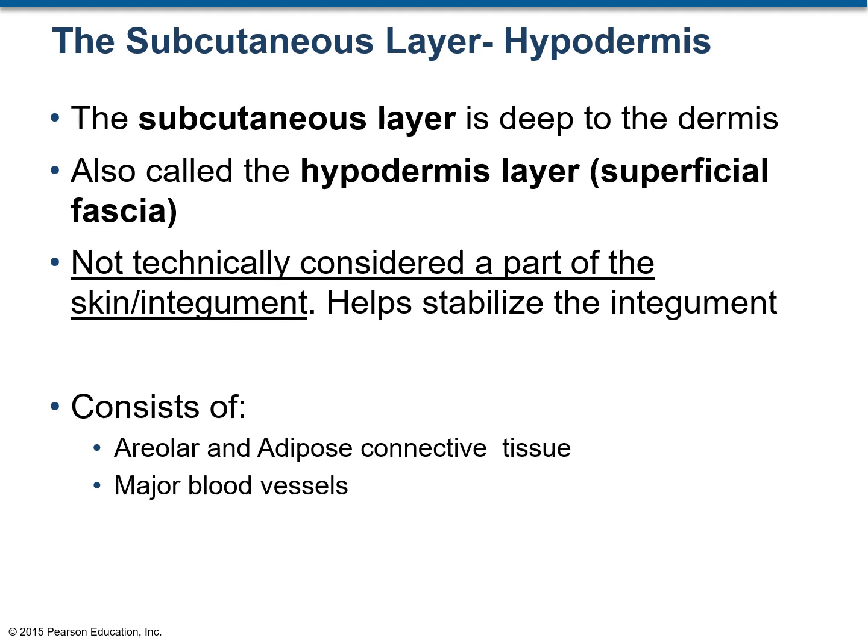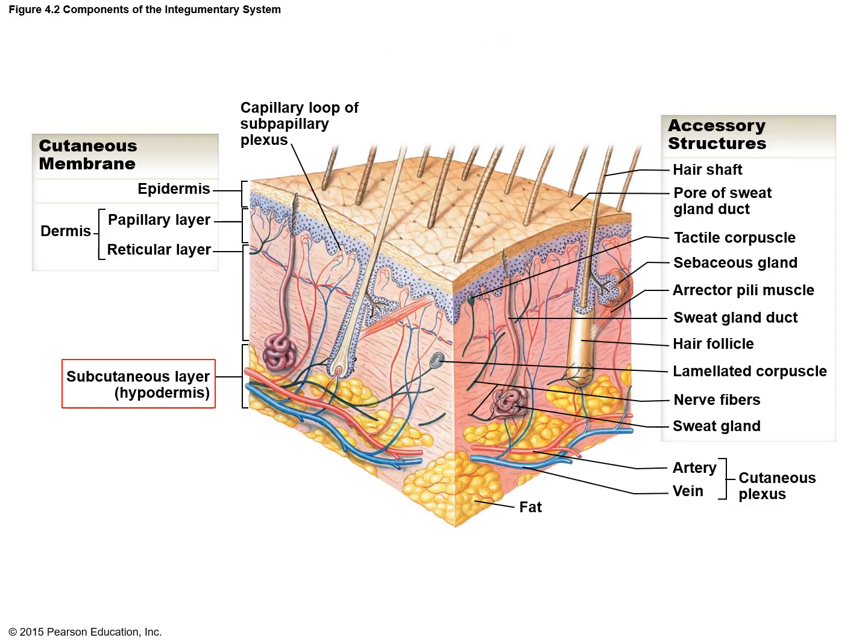We have covered epidermis and dermis. That means we've covered skin. And now moving on to hypodermis, which is technically not part of the skin. The hypodermis is also known as the subcutaneous layer and the superficial fascia layer. It is made up of areolar and adipose connective tissue. It also contains major blood vessels. This figure shows the location of the hypodermis or the subcutaneous layer in the histological section of the integument.